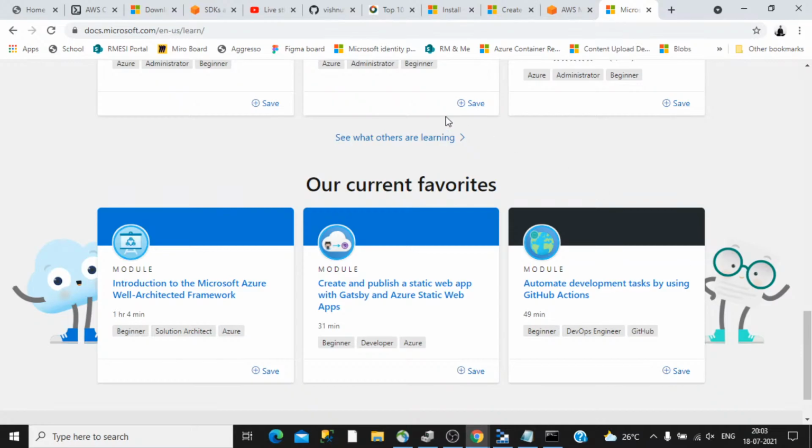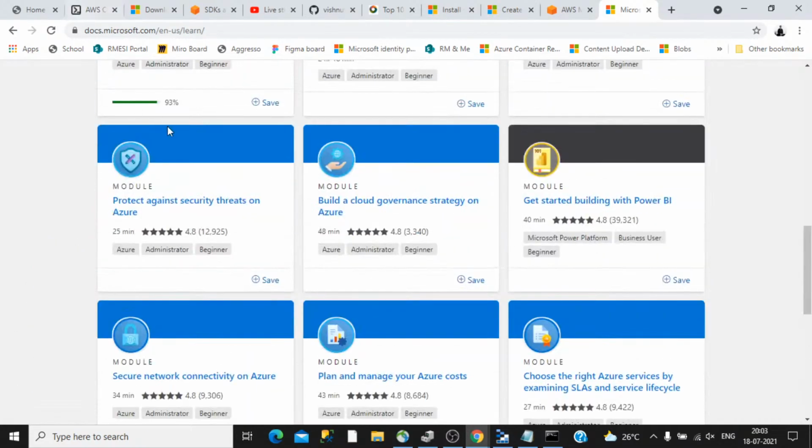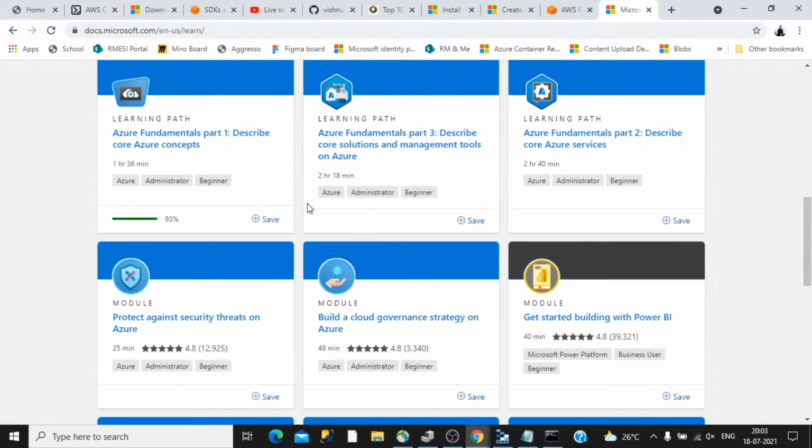There are also other learning resources out there, and some services like Pluralsight and Cloud Guru provide a kind of lab environment by which you can spin up an Azure, and they provide credits as well. But the problem there is you have to pay a fixed amount of money for using those services. So this one, Microsoft Learn, is free and you can straight away use that.